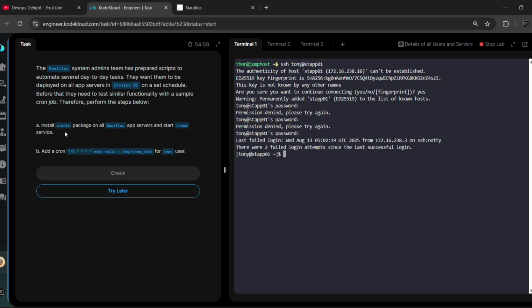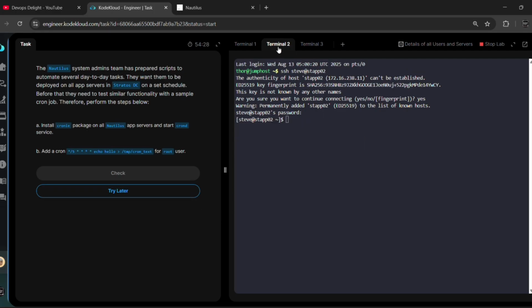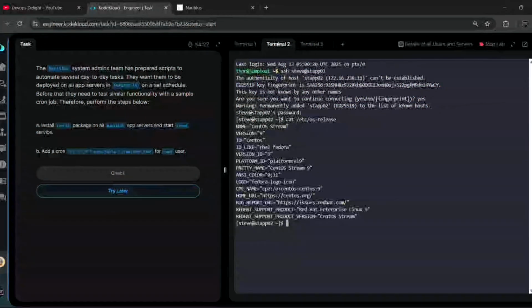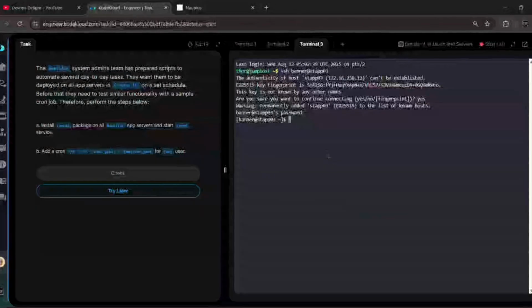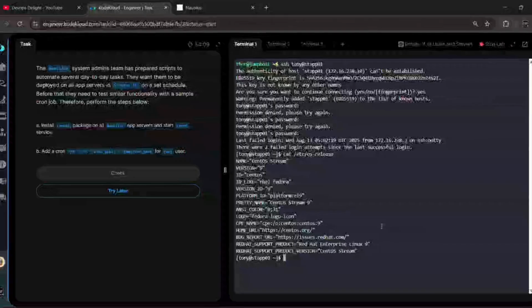Now our job is to install the cron package on all app servers. Before installing the cron package, we need to know about our OS. Depending upon our Linux distribution, commands will change. So cat /etc/os-release. Enter. See, it is CentOS, and let me check in all these app servers. os-release. So CentOS distribution of Linux, and here also the same. Let me check os-release. Yeah, CentOS. Now in CentOS, to install any package, we need to use sudo yum install cron -y,